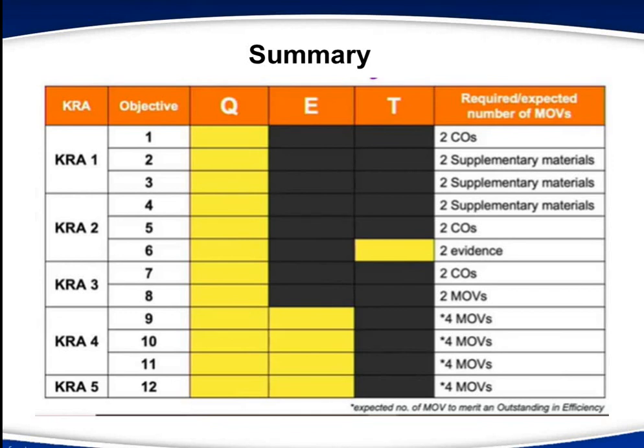For numbers 9 to 10 and 11, 12 na mga objective, 4 na mga MOVs ang kinakailangan. So, we have asterisk for CRA 4 and 5, objective 9, 10, 11, and 12. Sabi dito, expected number of MOV to merit an outstanding in efficiency ay 4. Magiging efficient ka pag nakuha mo yun. 4 lang lahat. So, with that, ito yung summary natin about the whole thing that talks about the MOVs for teachers 1 to 3 of school year